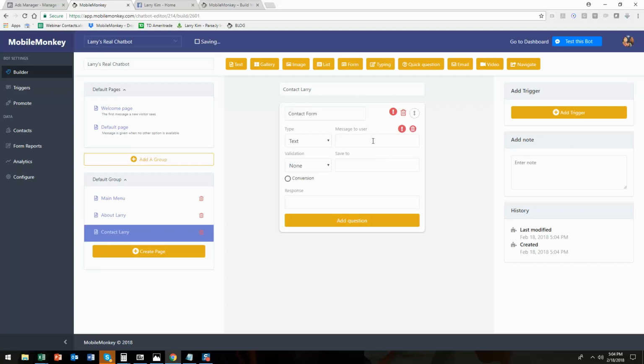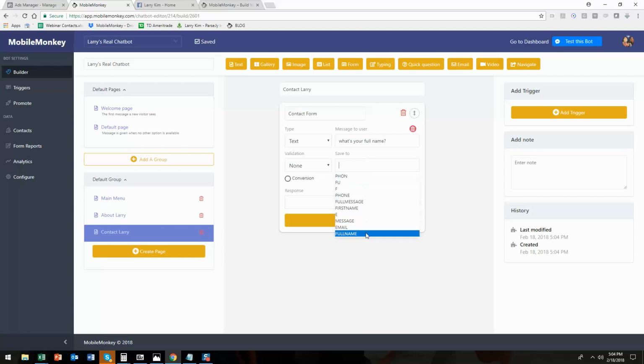Basically, it's kind of like an HTML form, but instead of using a website, we're just going to ask them conversationally for the information that you're hoping to get. So the message could be something like, "What's your full name?" Save to full name. And by the way, you can create these variables for basically